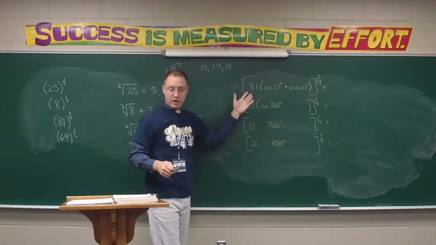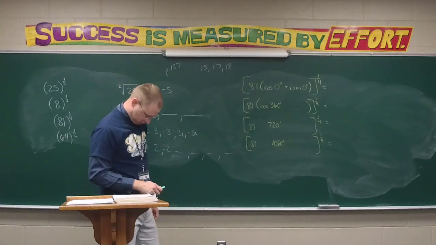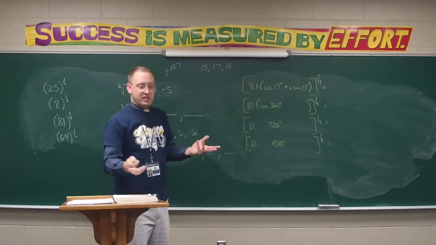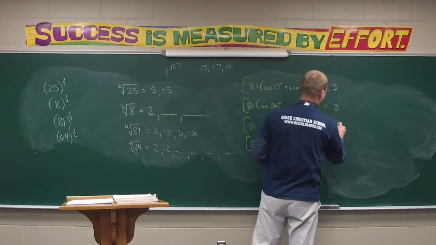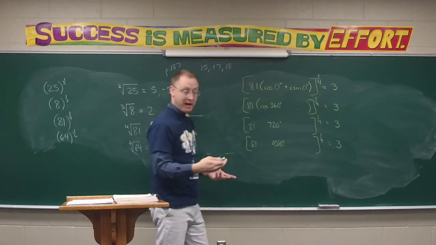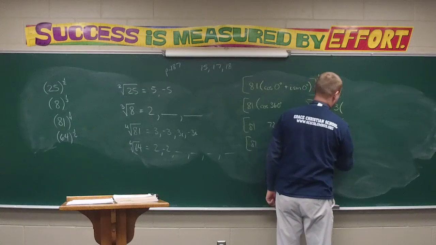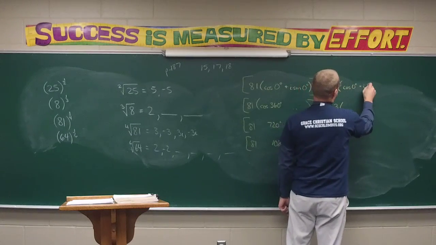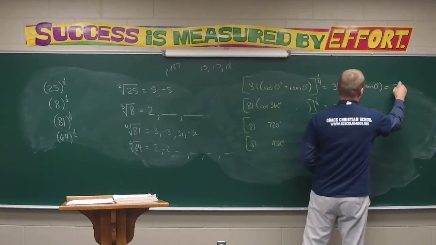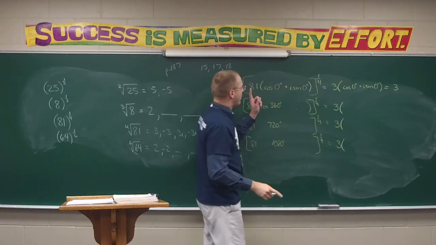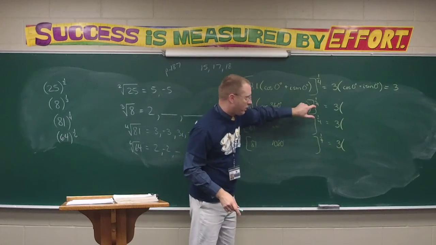It's what the calculator would give you, and of course that is 3, because 3 to the 4th is 81, so 3 is your principal root. And again, you could do 4th root of 81 on the calculator, or 81 to the 1/4 power, it would give you the 3. And of course, we know that the first one's going to be cosine 0 plus i sine of 0 degrees. And of course, that's just going to equal, I don't even have to do any math for that, right? But when I raise the 360, this one to the 1/4 power, I'm going to multiply the 360 times 1/4 to get